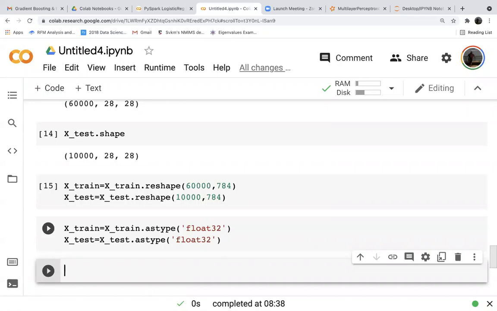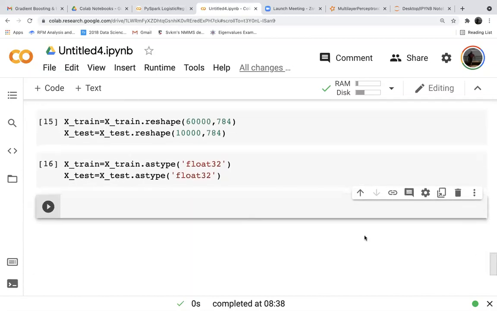It will be converted into numbers. The images will be converted into pixels because we can't pass the images to the algorithm. That is what we are doing. Okay.